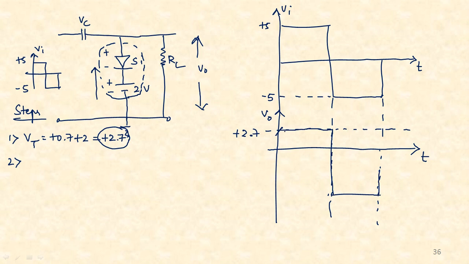Now I am starting in the positive half cycle because the diode is forward biased during the positive half cycle of the input. So I have also started drawing the output in the positive half cycle, unlike as it was in the case of the previous problem. All right, so that's it.